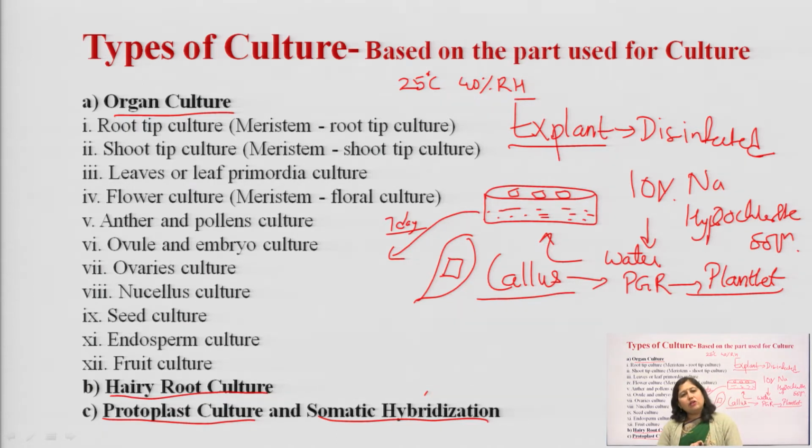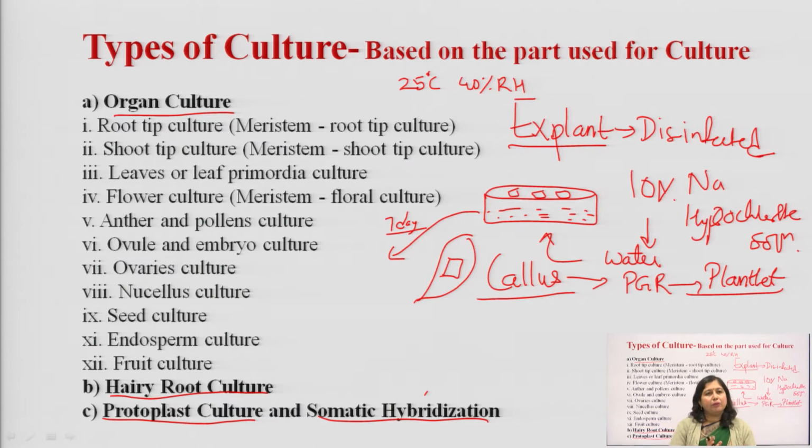So, what is organ culture? As the name suggests, which part of the plant we are using to perform the plant tissue culture, that is the organ culture. It is very simple. So, first of all, you have root tip culture, which is where you use the meristematic tissue of the roots. You have the shoot tip culture, where you use the meristematic tissue of the shoots. Then you have the leaf or the leaf primordia. Leaf means, you